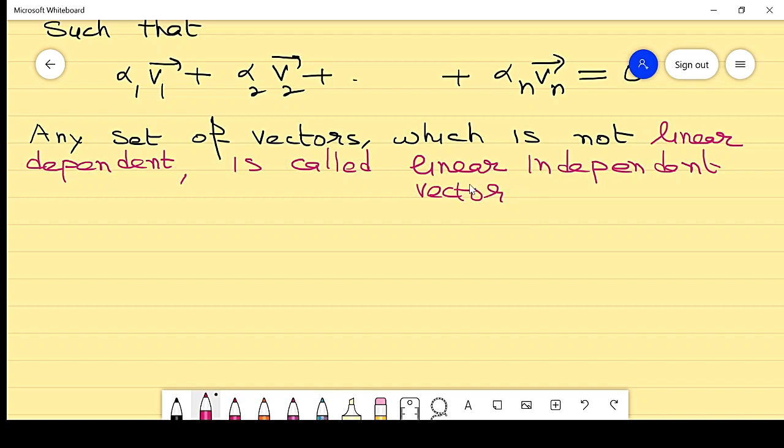So in that case it is called linear independent vector,